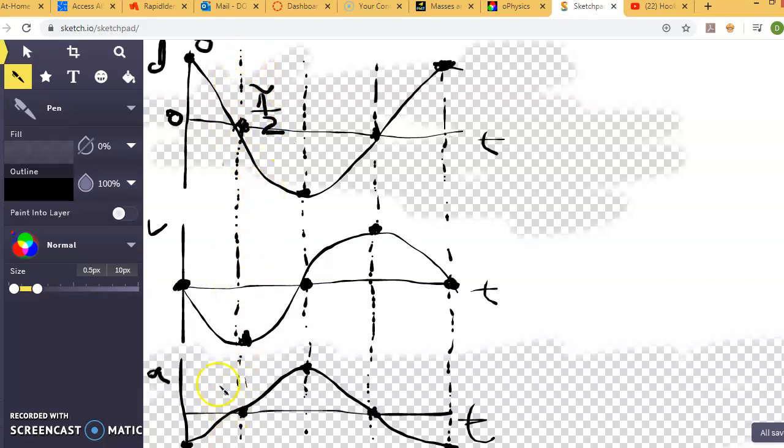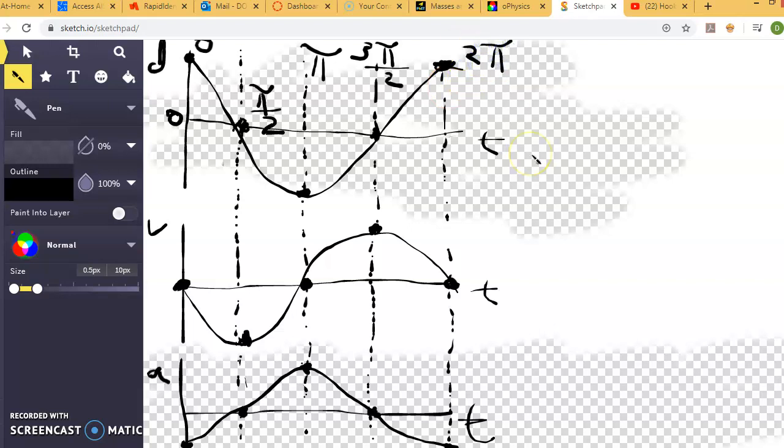This line represents pi over 2. Then this line represents pi. And this line will represent 3 pi over 2. And then these 3 dots along this line are at